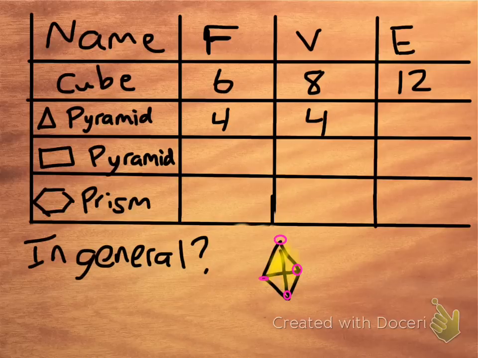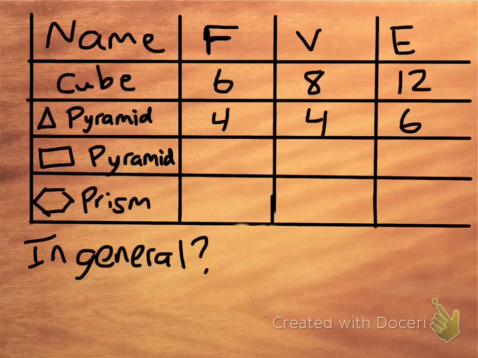And then we want to look at how many edges we have. So if we're looking at how many edges, I'm going to trace those in green here. We have 1, 2, 3, 4, 5, and then don't forget the 1 in the back there. That would be 6. Okay? So it's kind of how we're piecing this together. You can try these next 2 on your own, see if you can fill those in for a rectangular pyramid